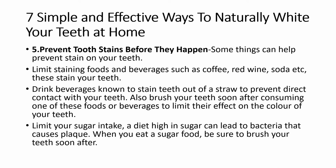5. Prevent tooth stains before they happen. Some things can help prevent stains on your teeth. Limit staining foods and beverages such as coffee, red wine, soda, etc. These stain your teeth. Drink beverages known to stain teeth out of a straw to prevent direct contact with your teeth. Also brush your teeth soon after consuming one of these foods or beverages to limit their effect on the